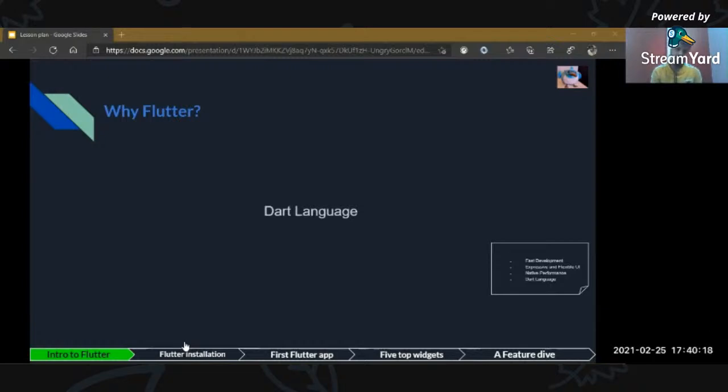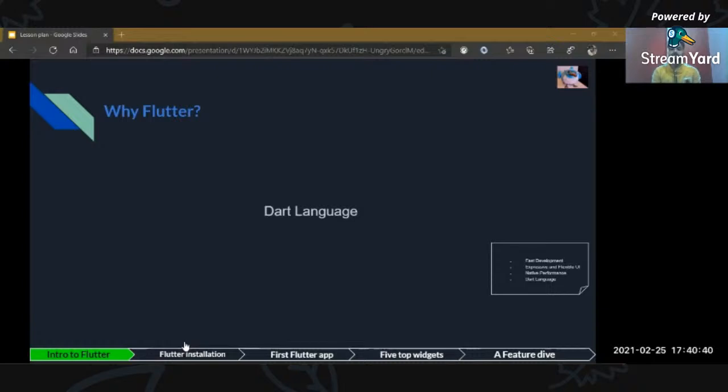Visual Studio Code is another IDE similar to Android Studio, where you can develop your applications for every platform. So it provides support for the Flutter framework there too, on Android Studio and Visual Studio Code. It also provides support for building apps from the command line.